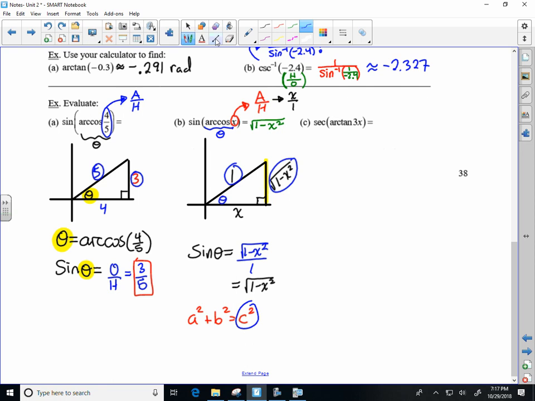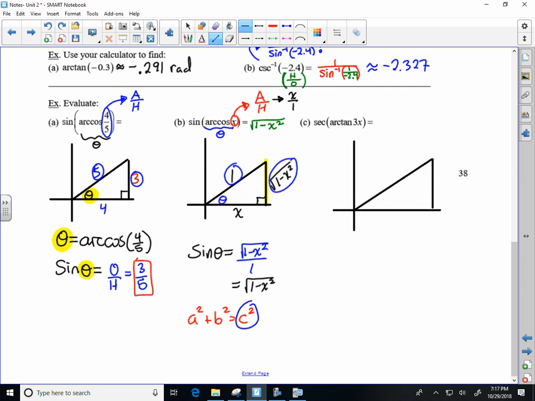Secant of the arc tangent of 3x. So another triangle. I'm putting them all in the first quadrant because x could be anything, so I just choose to assume that it's positive. All right. So some theta that represents the arc tangent of 3x. All right. Tangent